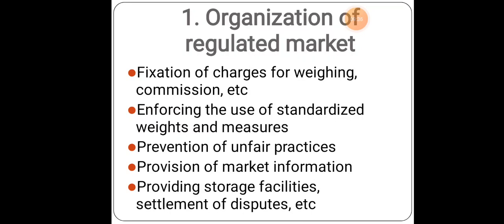Okay, next, provision of market information. As told earlier, giving proper campaign facility and proper information to the farmers is very much important. Lastly, providing storage facility and settlement of disputes. If there is any problem between two farmers while selling, or between the farmer and the customer, or the farmer and the middleman, all these kinds of disputes and misunderstandings will be cleared by the government there and then. Okay, so these are the regulated or controlled things where the government will organize the farmers.